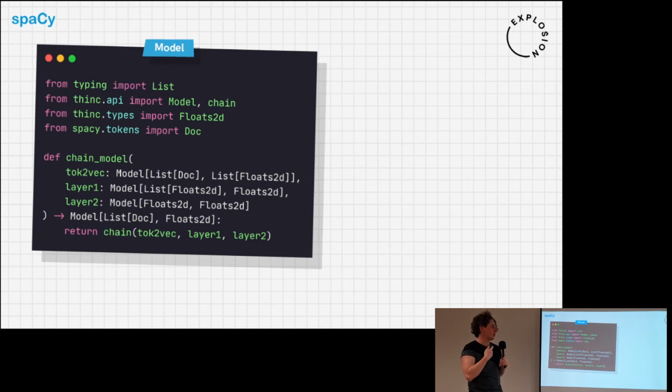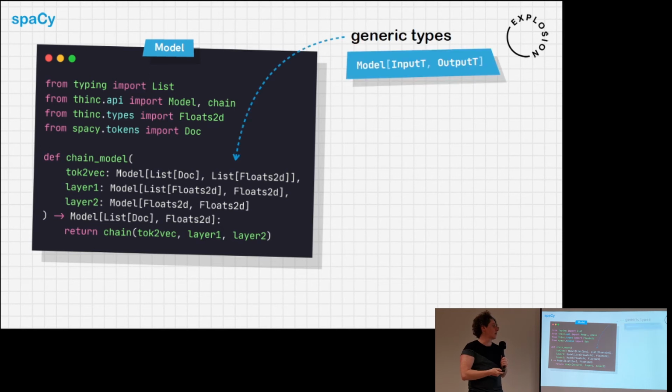So if you tried to pass in a combination of layers that wouldn't wire together, for instance, if you had two instances of this type, so that you're outputting a list of Floats2d in the first layer, and the next layer is expecting a Floats2d, that will be a type error that is displayed in your editor. So it will be underlined for you. Or if you're running the type checker as part of a CI or just on the command line, it will show that up for you and tell you that there's an error here.